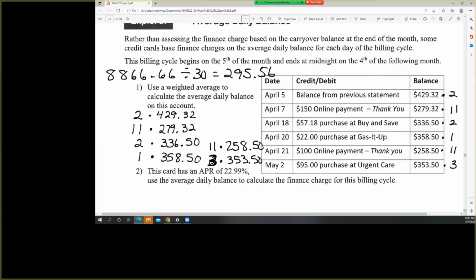Did one of them get left out? Oh, the last one we had to change to 3 instead of 2. I don't know, because I got 7,000 after I divided, so I was like, yeah, I put this in wrong. Right. Guys, when we look at those numbers, we've got things in the 200s. The highest thing was only 429, and it wasn't in the 400s except for a couple days. So if you get something higher than the highest balance or lower than the lowest, then you know something has